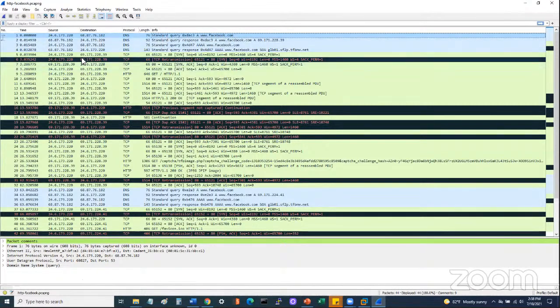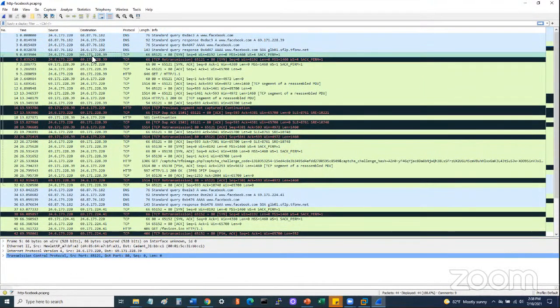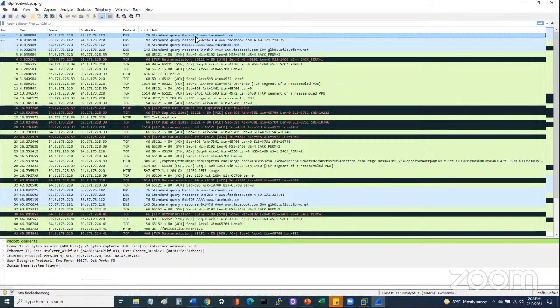You'll see that there are basically two hosts involved in this: the source, which is here, and the destination, which is here, and they're communicating over TCP. The first thing that happens is it's sent over DNS. DNS is domain name server. It sends out an A request, which is here, saying, hey, I'm trying to make a connection with Facebook.com. So it tries to find out who actually has the IP address for Facebook.com. And then they were able to find that.